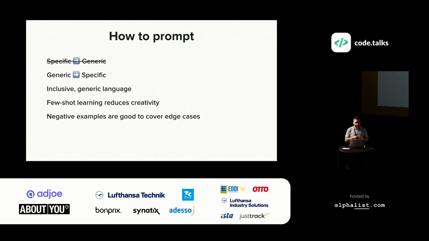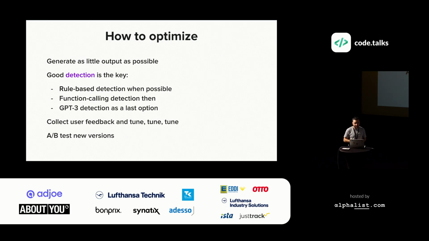We came up with some advice about prompting as well: try to start with a more generic approach first. If you have 100 cases which you want to fix with a prompt, start with a generic approach, try to fix 90% of them, and then focus on the edge cases. Edge cases can also be covered with so-called few-shot learning, when you can say to the LLM exactly what not to do, and show it by examples what not to do.